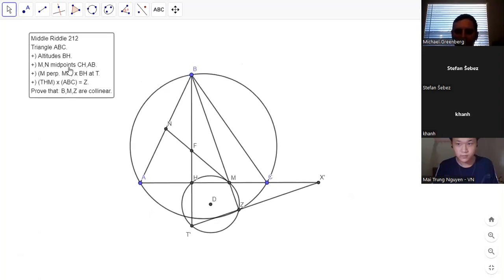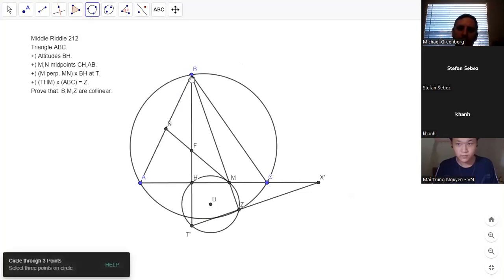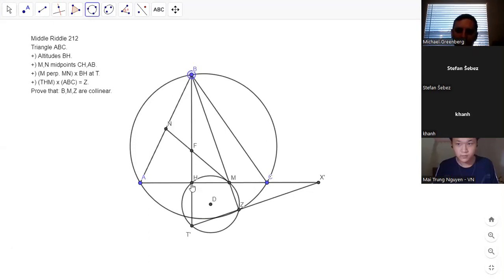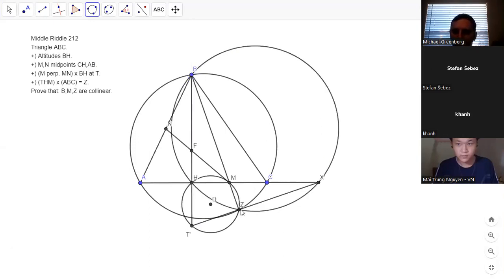Okay. We have MX prime times MH is MZ times MB. Yes, because this is cyclic. And MZ times MB is MA times MC. Okay. So MH equals MC means that MA is equal to MX prime. Okay, so